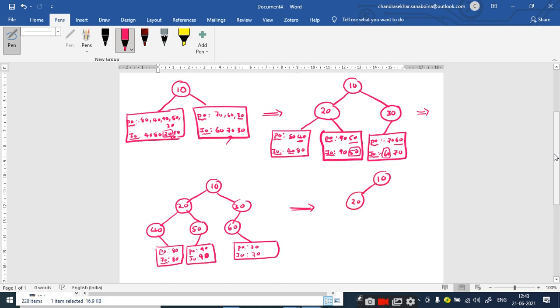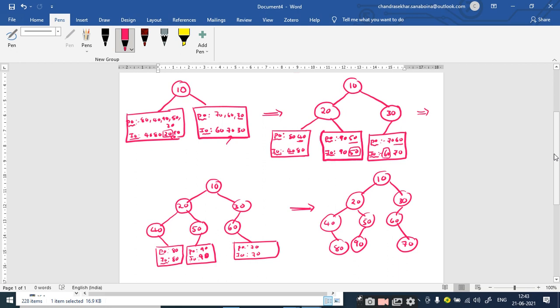So 10, 20, 30, and then we have 40, and then we have 50, similarly 60. These are all fixed, right? So every subtree the 40 consists of a single element, right? So it is fixed as the root node, only one element. Similarly 50, the left subtree is fixed as 90, and for 60 the right subtree is fixed as 70, right? So is it clear up to this point?